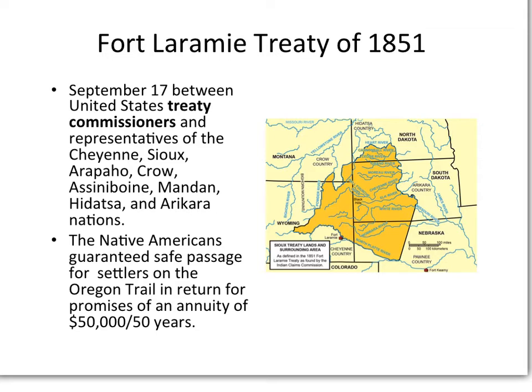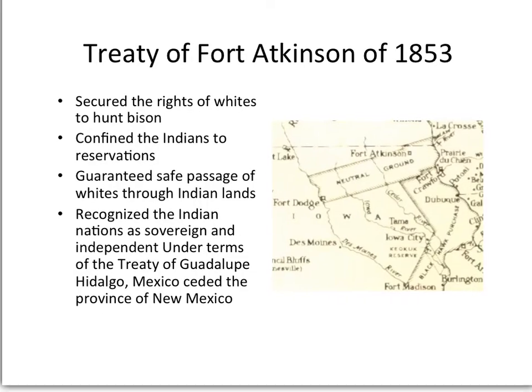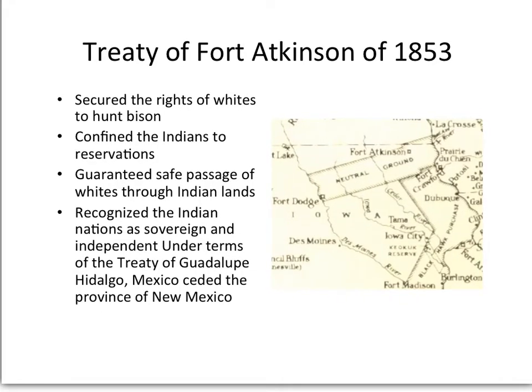And you can see what it did is Native Americans guaranteed safe passage for settlers on the Oregon Trail. In return, promises of an annuity of $50,000 for 50 years. And essentially what it did is it kind of created sort of a reservation area in the Dakotas. Then we had the Treaty of Fort Atkinson of 1853, secured the rights of whites to hunt some